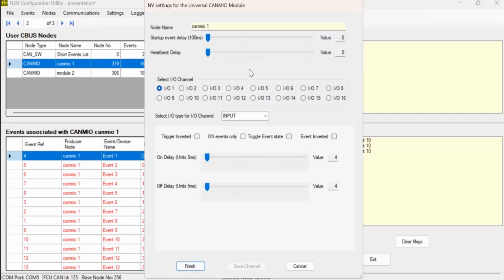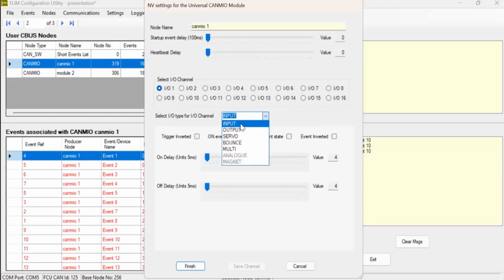The only limitation there is that you cannot have an input channel where you have fitted a bank of 8 with a driver chip, because the signal just will not make it back through the driver chip to the PIC. So it'll never see it. Apart from that, most channels will do most things. Okay, when you put the firmware in it first time, all 16 channels are logged as inputs. There's a drop down here,